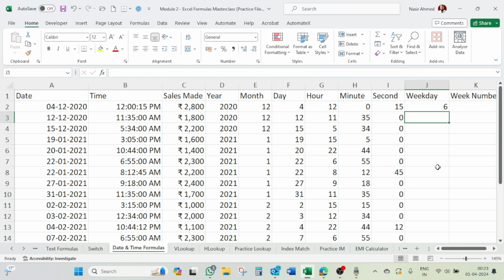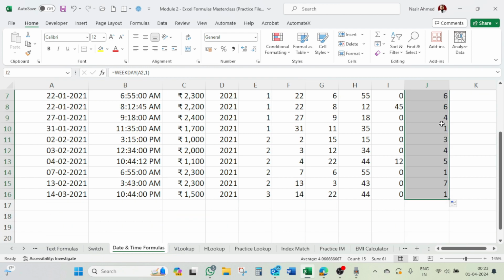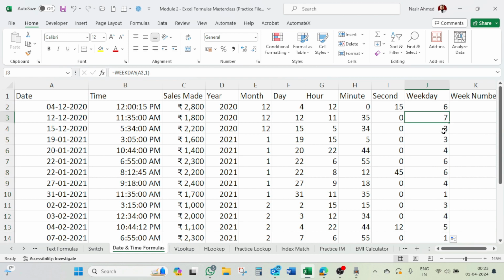So here it is coming 6, 4 December is the sixth day of the week. Let's copy it to all cells. Now we get all the weekdays: the third day of the week, fourth day of the week, sixth day of the week. These are numerical values like 1, 2, but if we want the week names like Monday, Tuesday, Wednesday, Thursday,